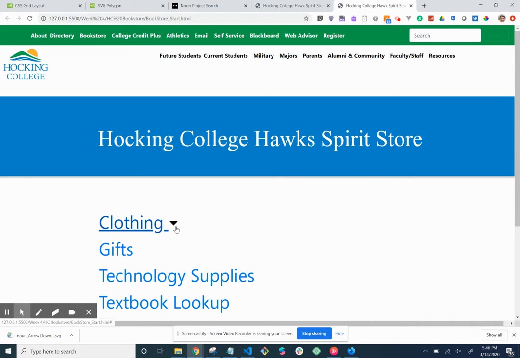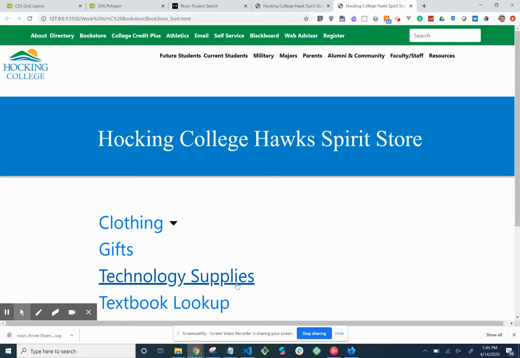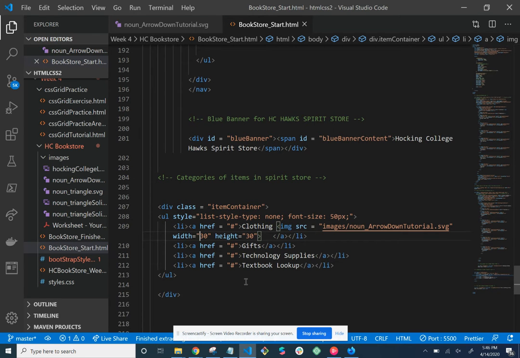But I also want to change the color to this. If you remember when we looked on the Noun Project, we can customize it, but we have to pay for it, right? And I'm glad the creator made this for me, but I don't want to pay for it. And I'm assuming you don't either. So what we can do instead is this, to change the color,